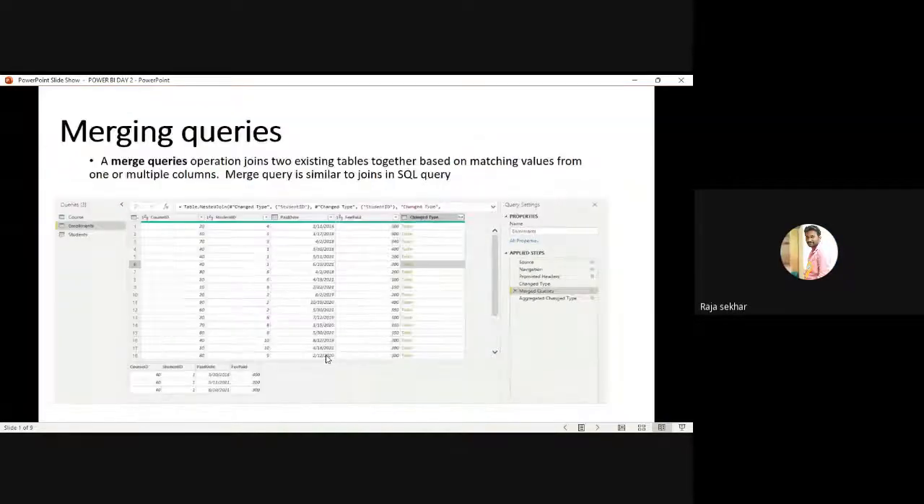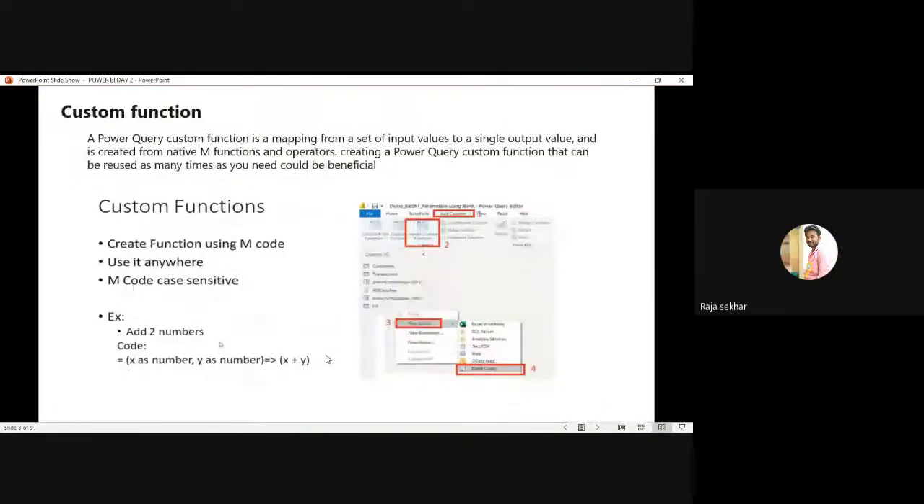So this is the difference between the merge and append queries. Next one is custom functions. In these custom functions, we are mainly